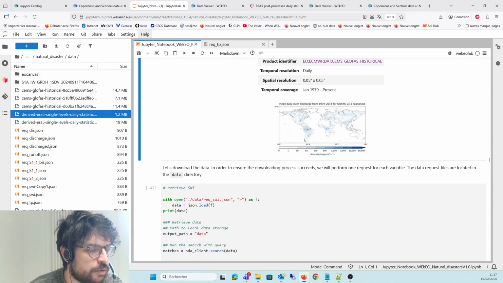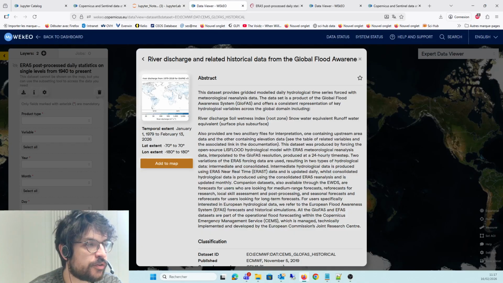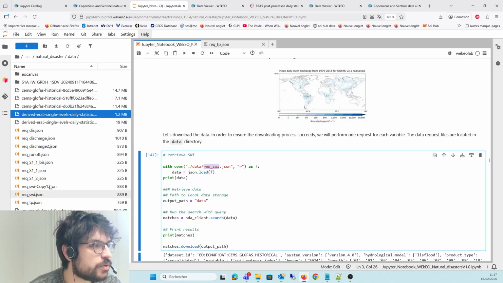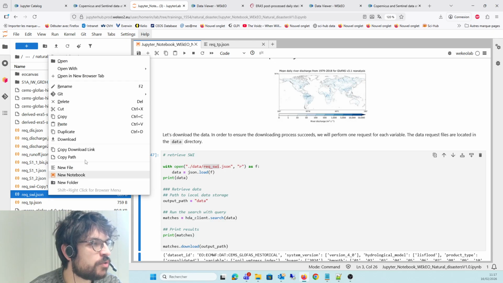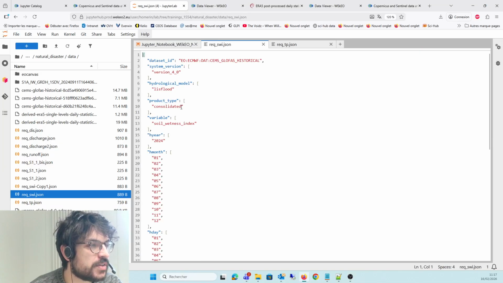Just like before, we're going to use data requests written from the WEkEO data viewer. They should be already available here. I've written 1 request per variable. We could directly do the 3 variables in a single request, but to ensure that the downloading is a success, I've separated the requests to have just 3 small requests.